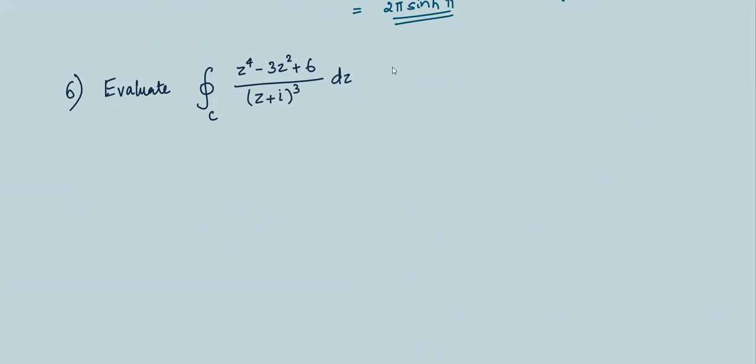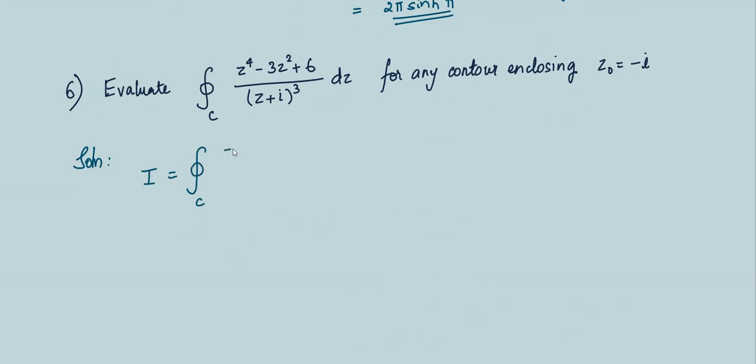This is easy, for any contour enclosing z naught equal to minus I. This is the point of singularity, and it is a cube here. So the solution: the closed integral over C of (z power 4 minus 3z square plus 6) upon (z plus I) whole cube dz